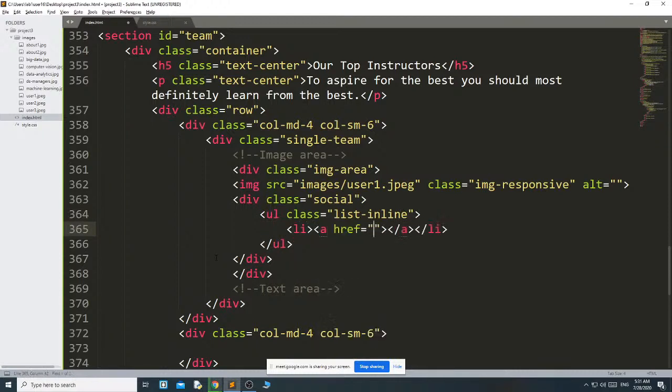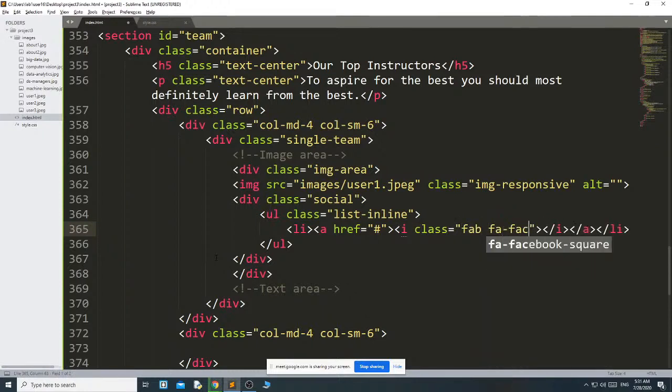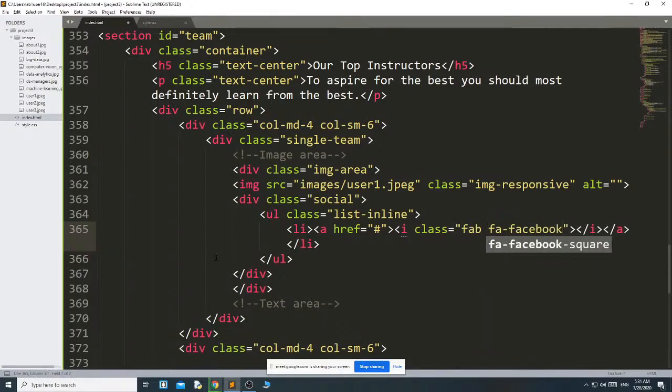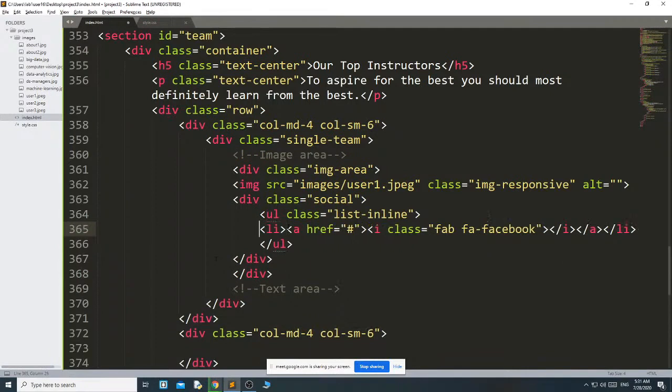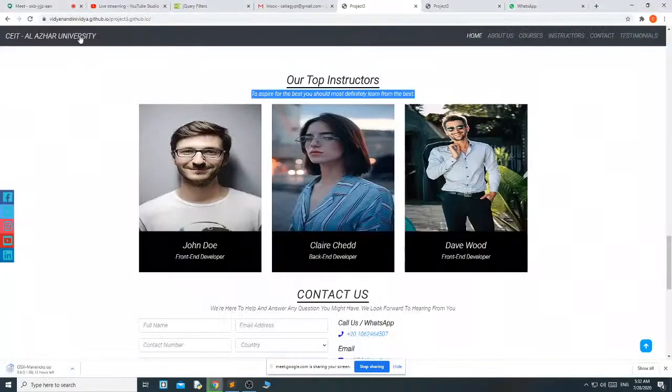List item, the first one is i, class fab fa-facebook. Okay, then I need 4. Copy, paste, paste, paste.